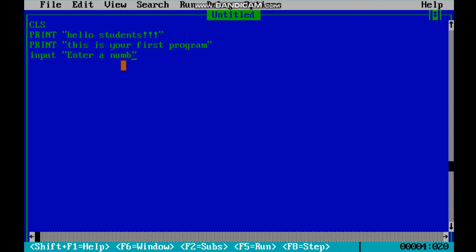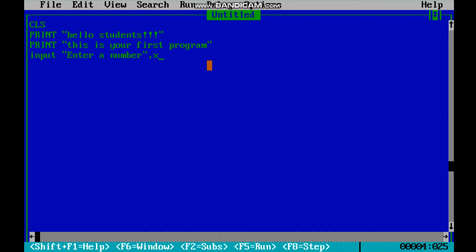a number. With the help of the input keyword we can get the input. अब जो भी नंबर यूजर एंटर करेगा, the number entered by the user will be stored in this variable.